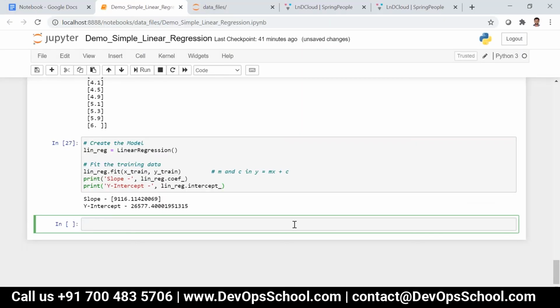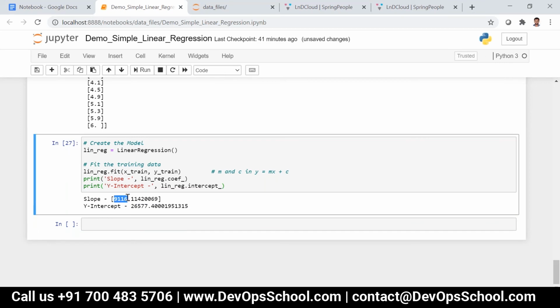So this is the slope, 9116, and 26,577 is nothing but the y-intercept. That is, when x is equal to 0, y is 26,577.